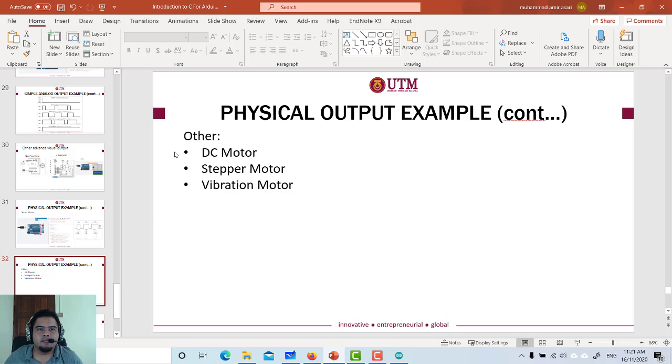Okay, this is the other example also in Tinkercad. The type of motor that you can use, instead of a DC motor, you also have a stepper motor, as well as a vibration motor. Okay, the vibration motor is the one that is used in your smartphone. Okay, when it vibrates, that's a vibration motor. Okay, those are some motors that you can use because they exist in Tinkercad. You can use them for your project later. Okay, now